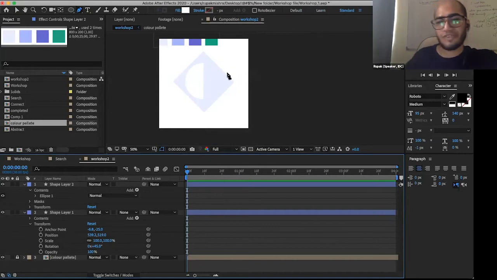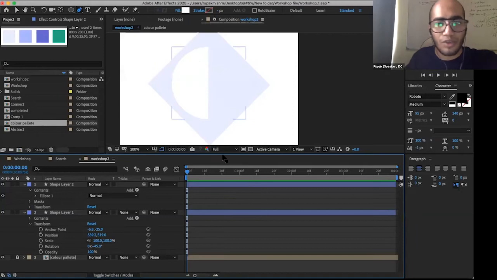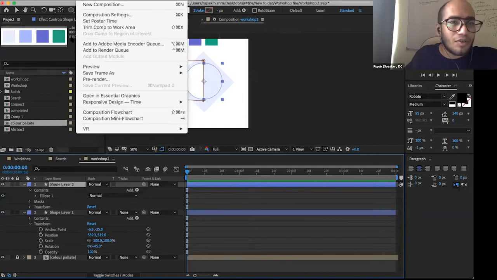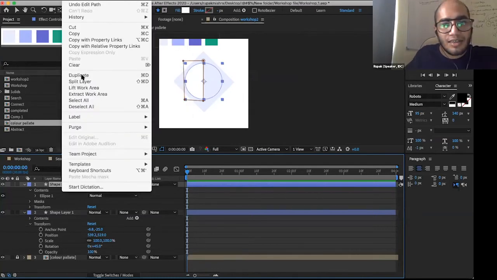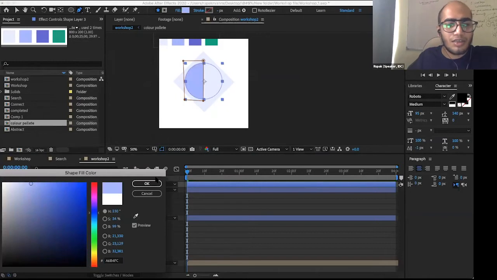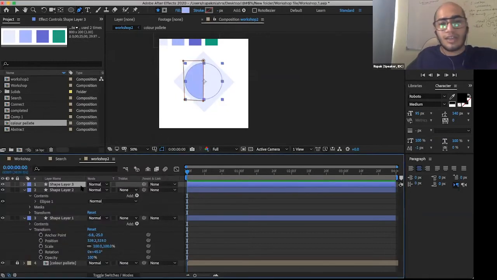This much we have covered previously also, so I'll move a little fast now, because the same thing will repeat one or two more times. What we are going to do is take the shape layer and duplicate it, because we want more half layers. So we go to Edit, Composition, and directly duplicate it. We have one more layer, but I want this color to be different, so I'll change the color. Okay.